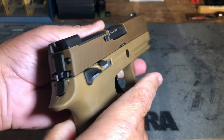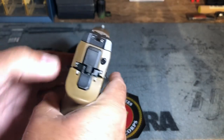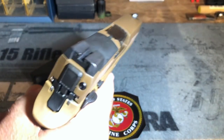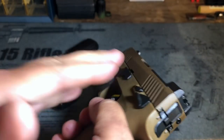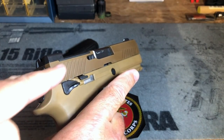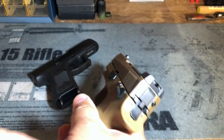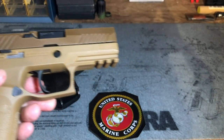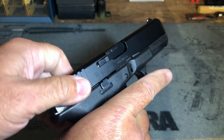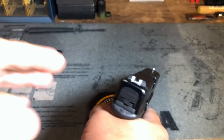One of the more noticeable differences between these two pistols is the manual safety on the SIG pistol, and this is something that was specified in the MHS contract. And a lot of people will say that you don't need a safety on a pistol like this, which in most cases I tend to agree with. I don't particularly care for having a manually operated safety on a striker fired pistol with essentially a double action only system. However, for general issue to troops with varying degrees of firearms training and pistol training specifically, I can